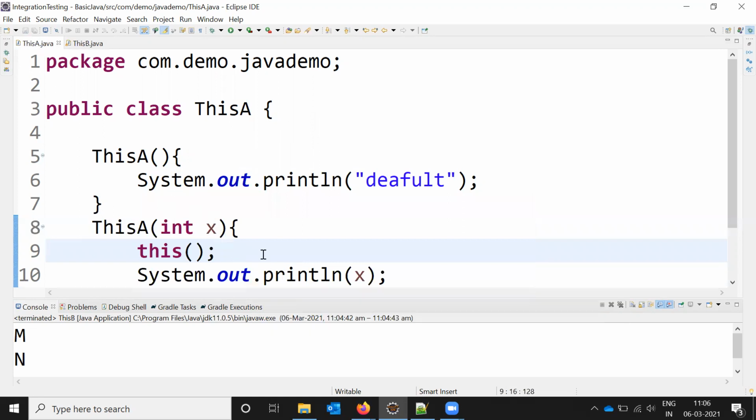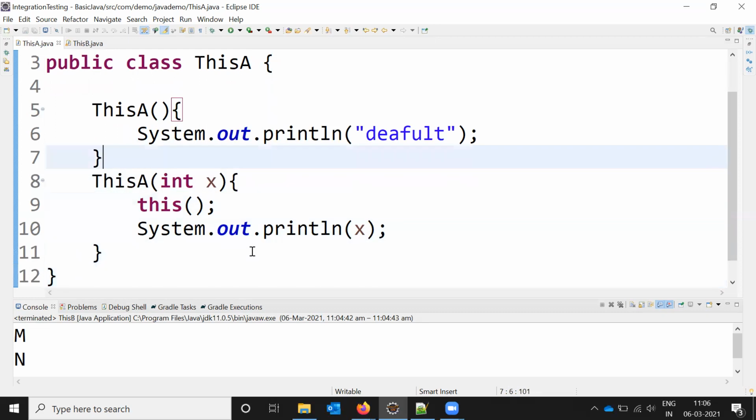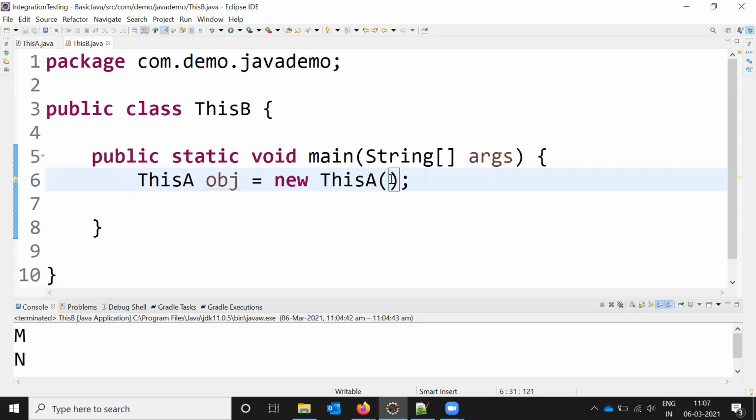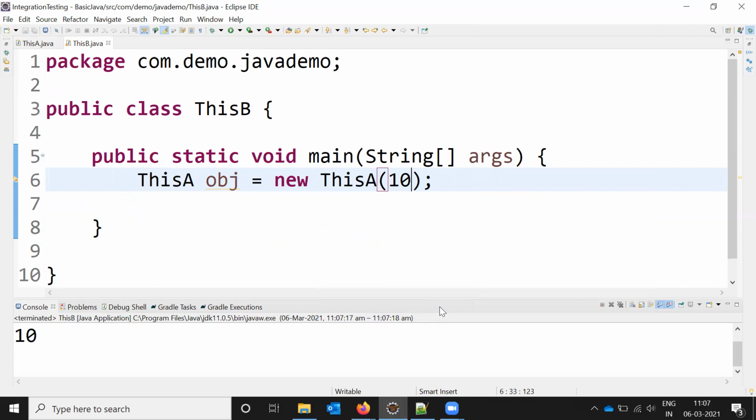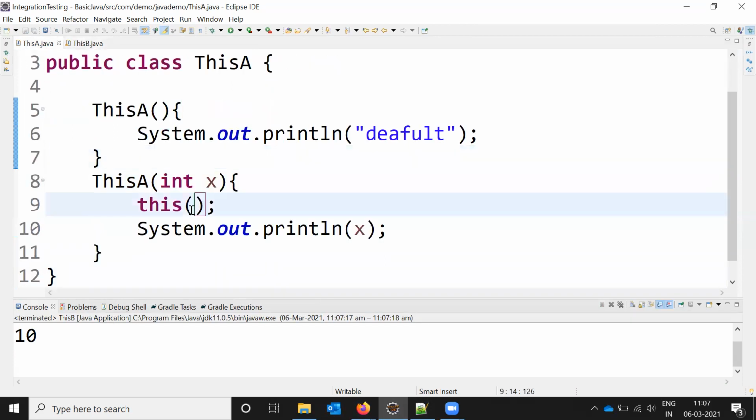Individual, I need to declare the value, right? If you are not declaring, and here I'm going to run this class. 10 is printed. The same way, without passing the value here, directly we can pass it and print that value, which is the one value presented. But I'm going to pass this constructor value here,